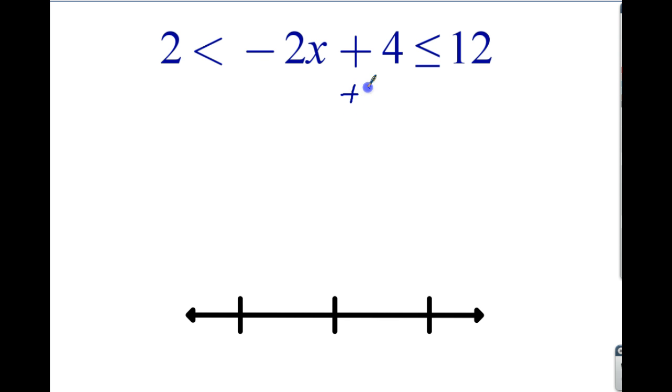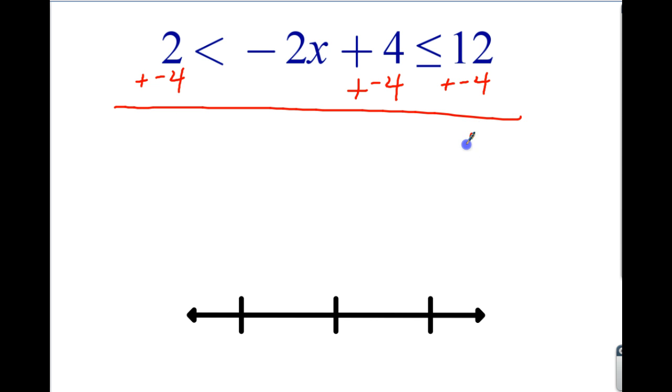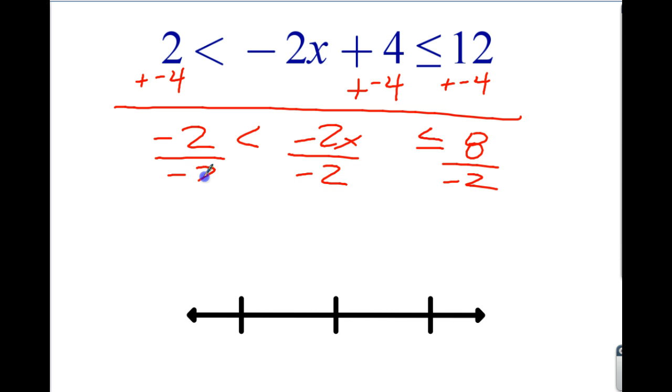Okay, so I'm going to have to add a -4. All right, so I'm going to add a -4. Now, when I do this, I need to do this to each segment of the inequality. So I'm going to add -4 here, and I'm going to add a -4 over there. Okay, each segment. So I'm going to get 8 is greater than or equal to -2x, which is greater than -2. Now, go ahead, divide by -2, divide by -2, divide by -2. I divided everything by -2. Signs flip. Okay, and I'm going to get